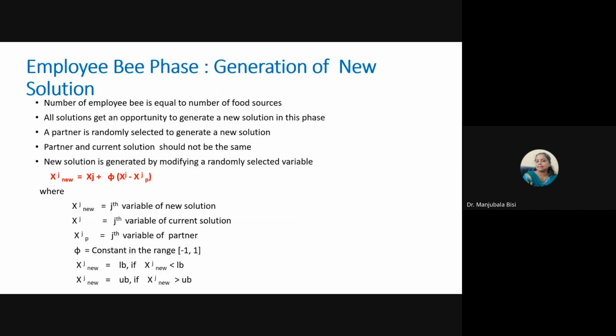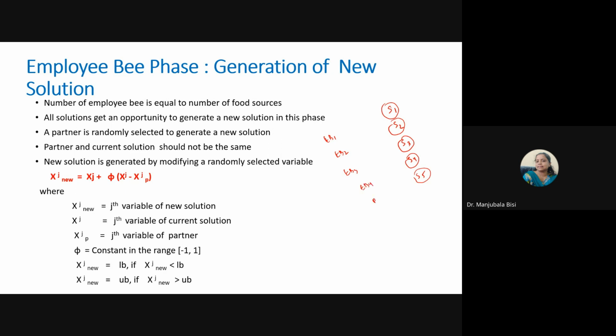Now let us see what is happening in every phase of this ABC algorithm. First we will see what is happening in the employee B phase. Assume we have 5 solutions. Initially we have generated 5 solutions, S1, S2, S3, S4, S5. The number of employee Bs is equal to the number of food sources or solutions. So we have 5 employee Bs, EB1, EB2, EB3,